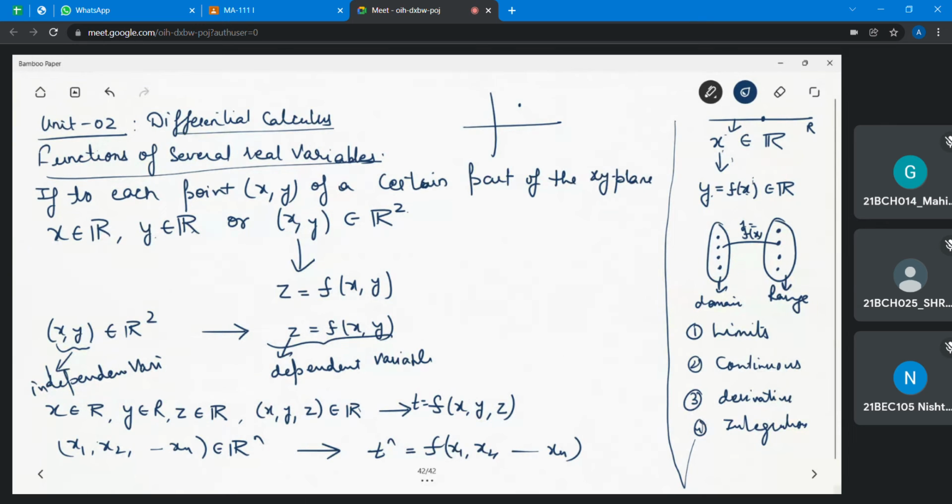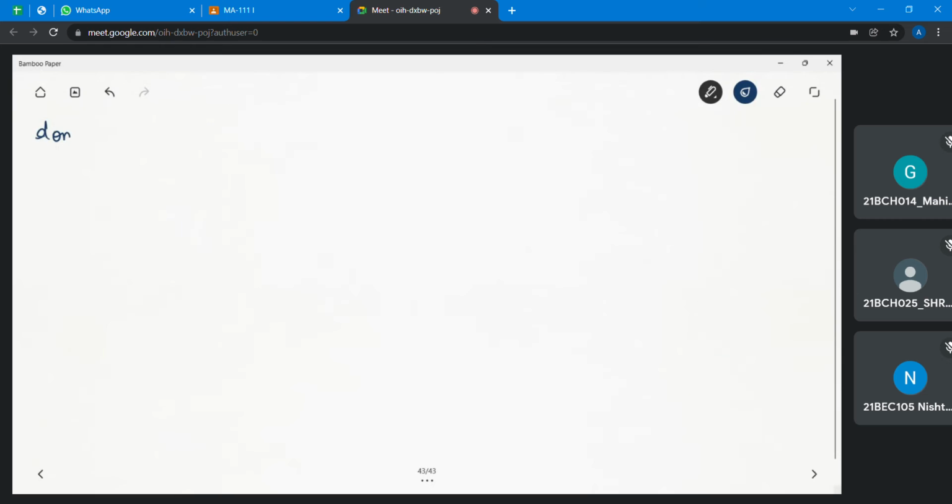Now, in the same way that we have discussed the function of one variable, let's start with the function of two variables, in which we have two independent variables and one dependent variable. This z is the dependent variable. Now, if I want to discuss the domain, the domain for this function of two variables will be the set of points